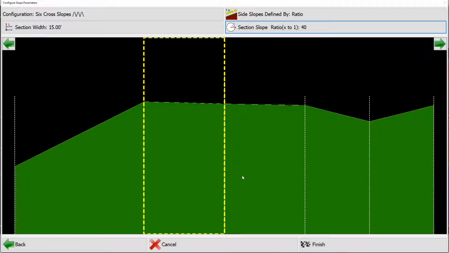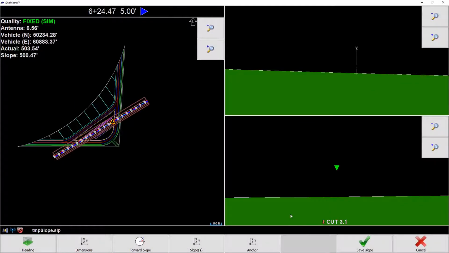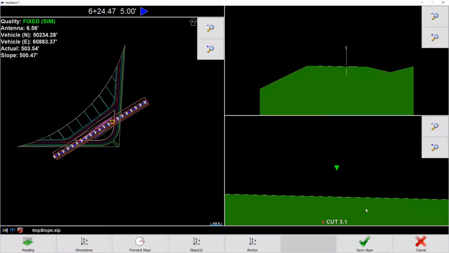Once I press finish and move to the newly created design, you can see that we have built a complex road with minimal effort. We can also edit the slope using the buttons on the bottom of the screen, and we can also save it for future use. SiteMetrix also contains a full topo suite that will allow you to record a precise point